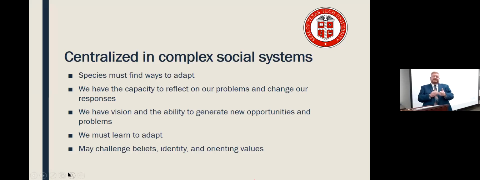Sometimes when we process change, and this is, I think, one of the most difficult parts, we have to challenge sometimes the beliefs, identities, and values of others and ourselves. Sometimes as the leader in a situation, we have to challenge some of these things that we're comfortable with. Part of adaptive leadership is expanding your comfort zone to see the views of others and to see how we can work more collectively on a given problem or challenge.